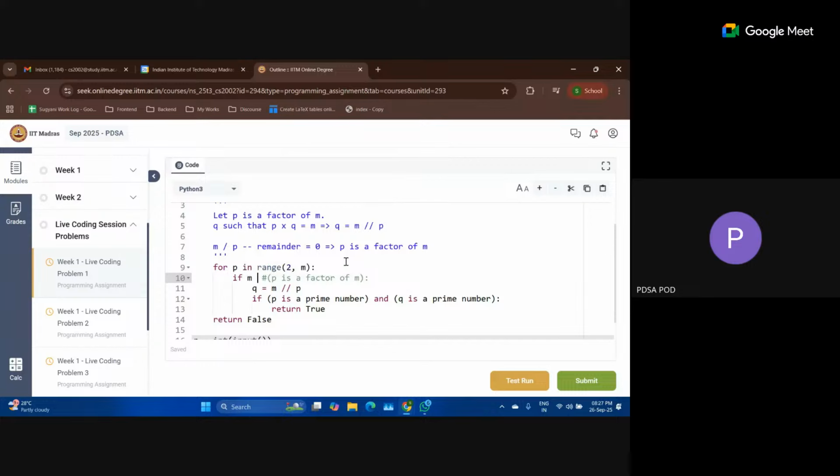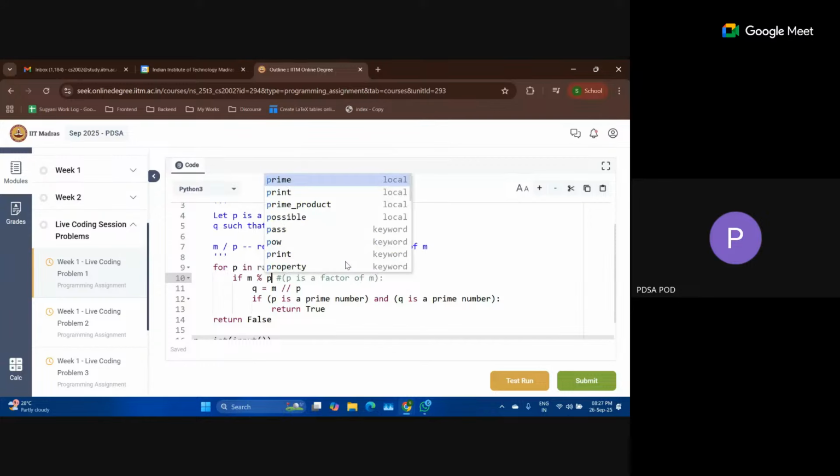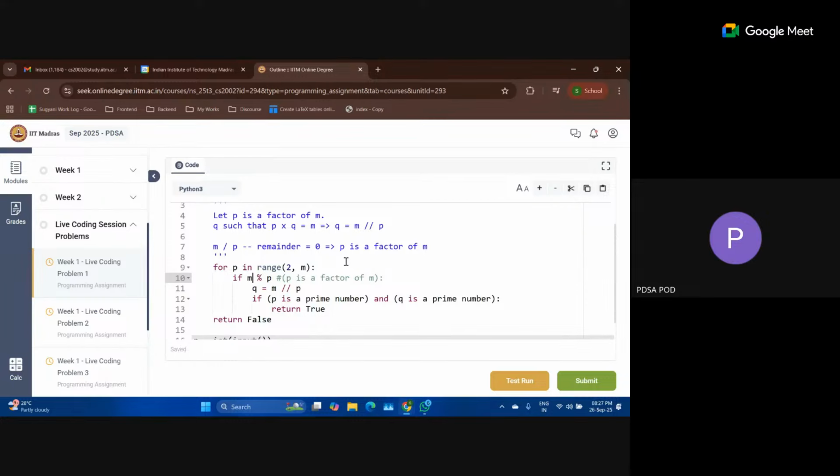So m percentage p. What this percentage will do is, when m is divided by p, it will find the remainder and return that particular remainder. Now we are going to check if this remainder is 0 or not.